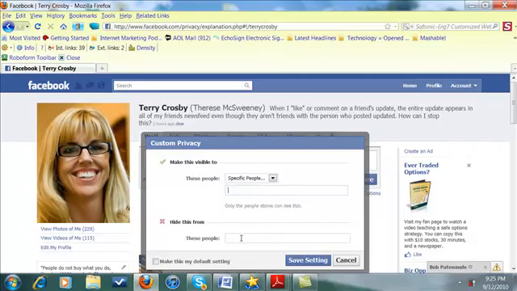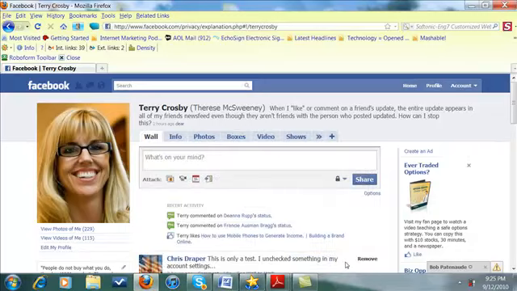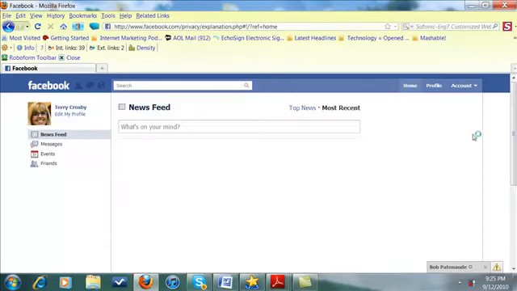So you can also do it by hiding from people. So let's say I don't want the under 18 list to see it. Under 18. Guess what? Everybody else is going to see it except for my under 18. Okay, so lists are just so crucial for being able to customize your updates and, more importantly, to be able